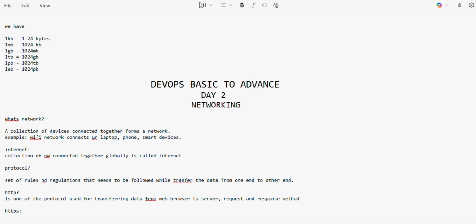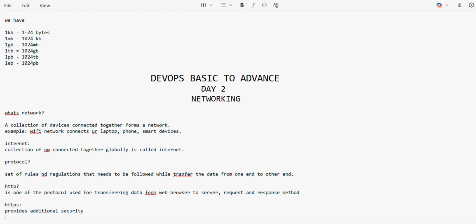So what does HTTPS do? It provides additional security. How is it providing the security?